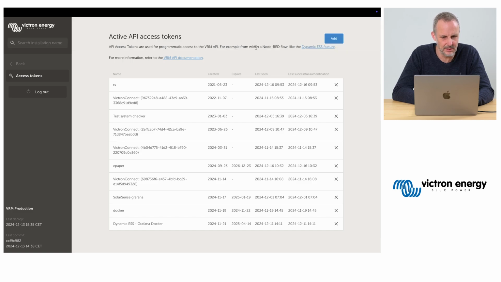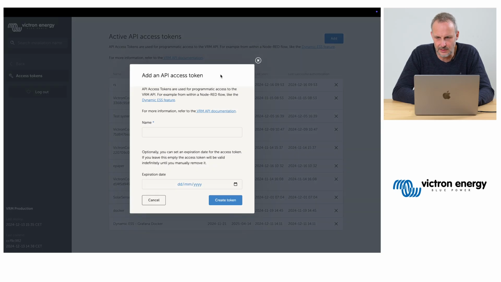Oh, there it is. Then you can create a new access token and generate once, create token.